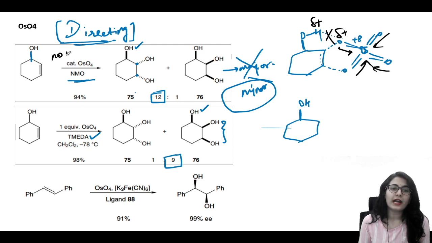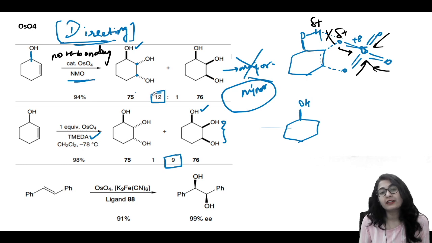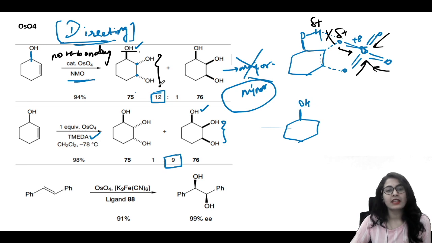There is no hydrogen bonding with simple osmium tetraoxide. That's why you don't have a directed product. Rather, ये OH क्या कर रहा है? ये bulkiness का काम कर रहा है. It's providing bulk, steric hindrance, and that's why the diol formation goes below the plane in the first case. In the second case, what we have is,